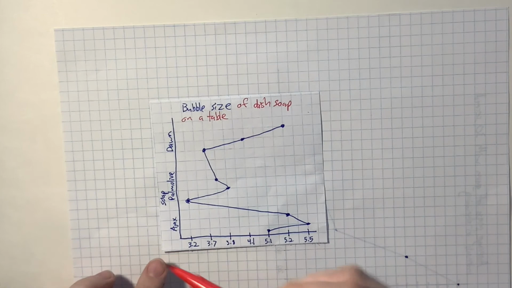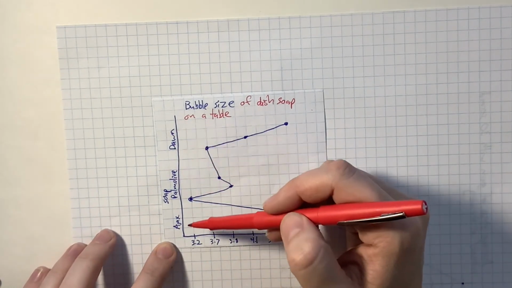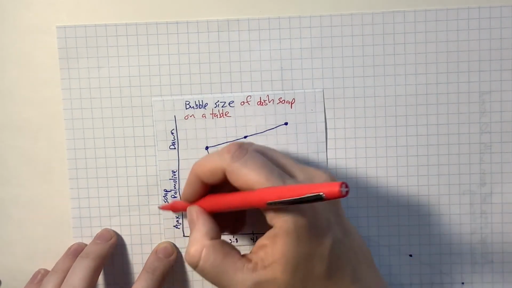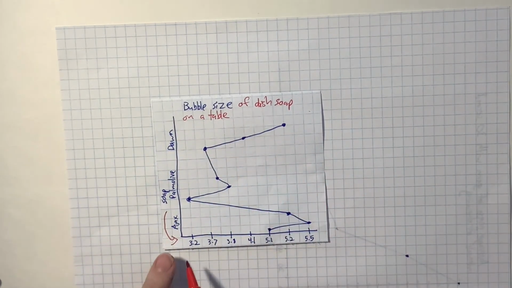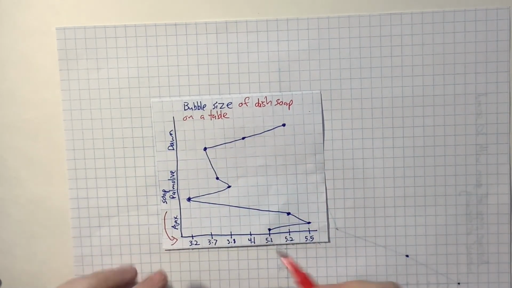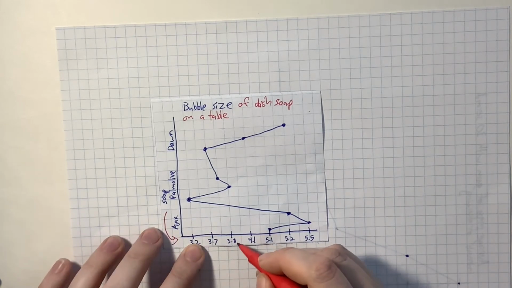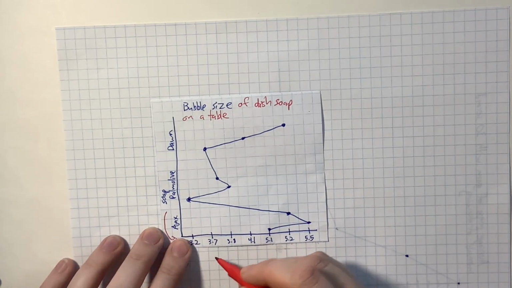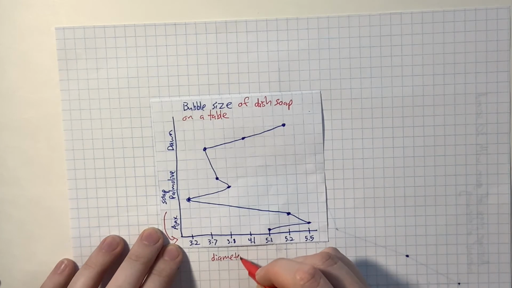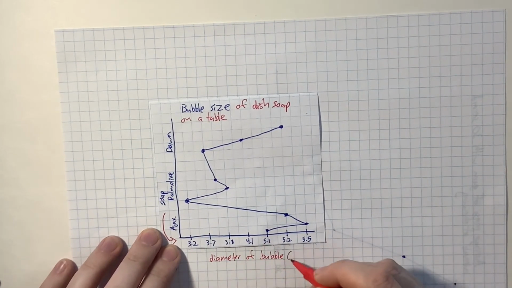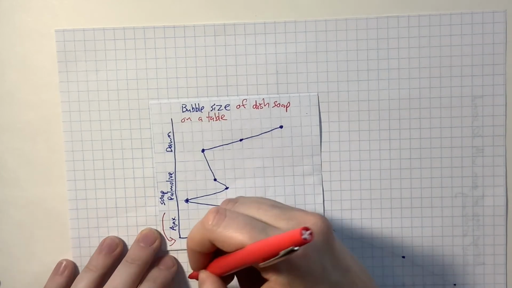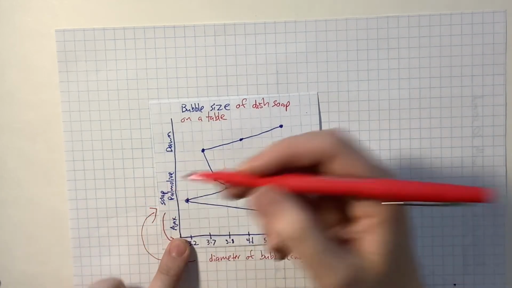First of all, what they're changing is the dish soap. So this should be on the x-axis. The type of soap should be down here. This is how big the bubble was, but it's not labeled. So we need to label this axis. So this should be something like diameter of bubble. And what did they measure it in? There's no unit. So it'd have to be in centimeters. And again, this would go here. All right, so